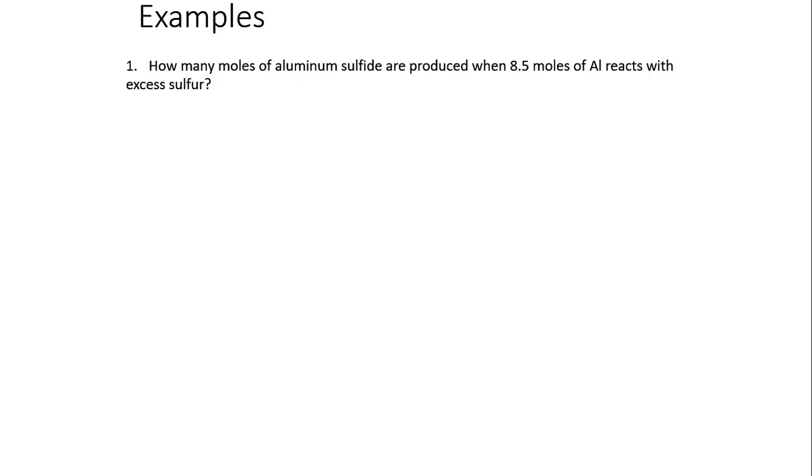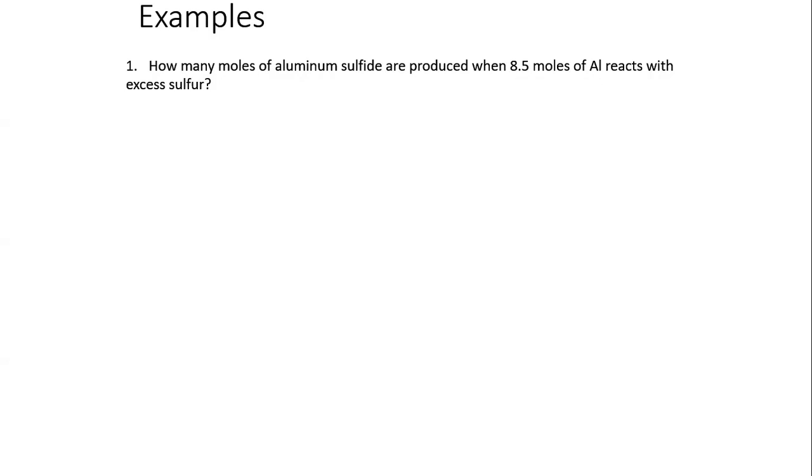up. So if you kind of think of this as shopping, so for example, there's excess clothing stores in the city. You know, you're never going to run out of clothes in a clothing store, but when you go to purchase the clothes, the limiting factor is the amount of money you have. So you're going to run out of money first before you buy all the clothes that you want. The same thing happens when we have an excess reactant and one reactant that's not excess. So that what this means is the excess reactant is going to be remaining after all the other reactant gets